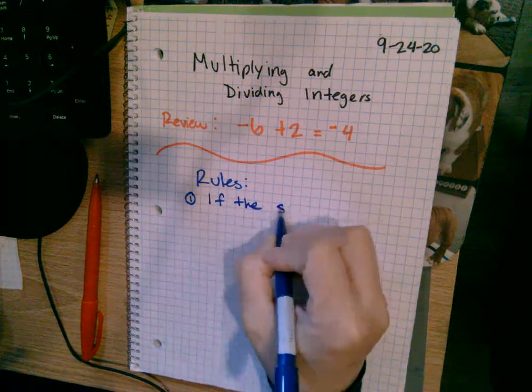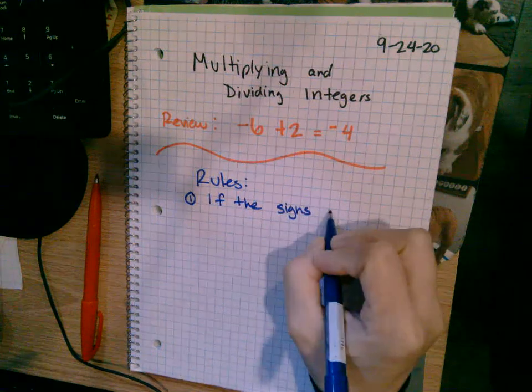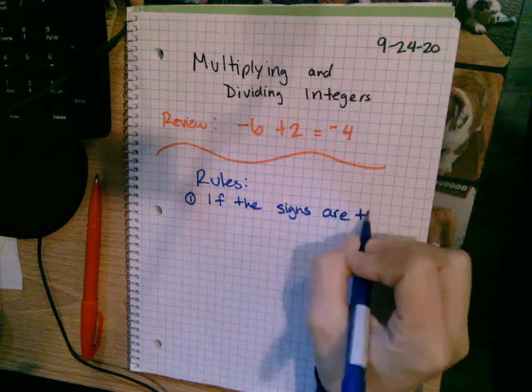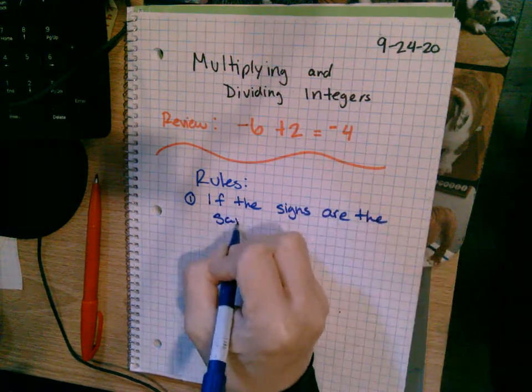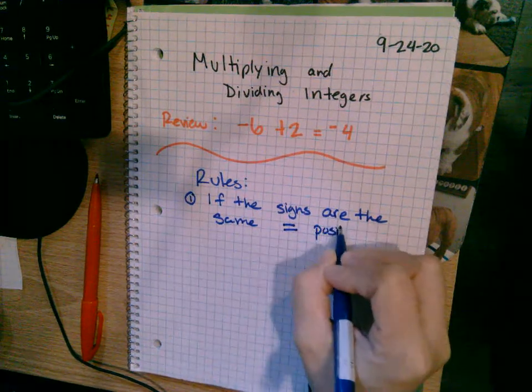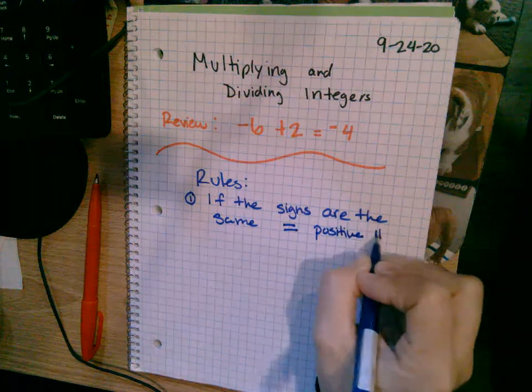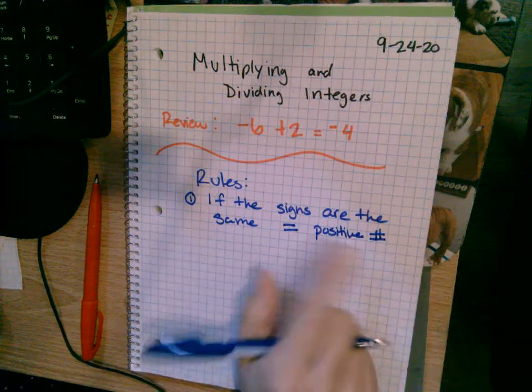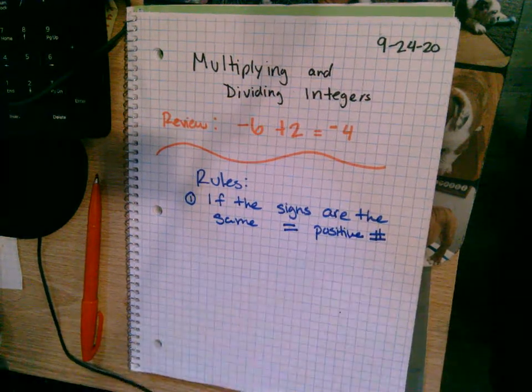If the signs are the same, it's going to equal a positive number. That's it. So if the signs are the same, it's going to equal a positive number. For example,